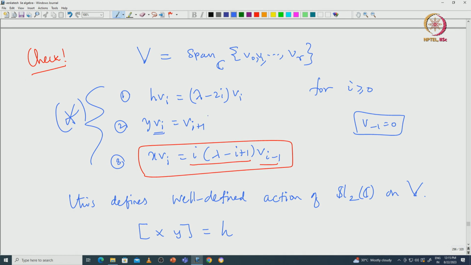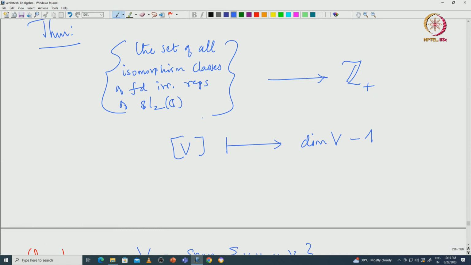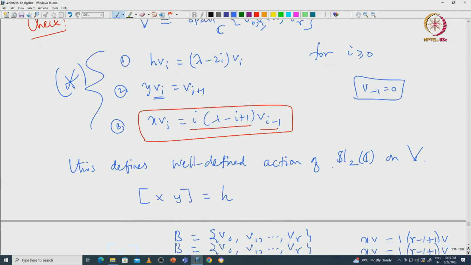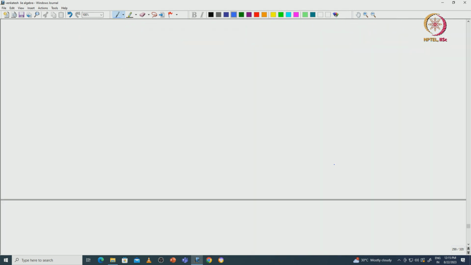So, this is abstractly proving that given a non-negative integer, there actually exists an irreducible representation whose dimension is just R plus 1. Okay. That actually proves that this map is surjective. Okay. This map is surjective. So, from the same argument you can also see that this map is injective. Why? Because suppose